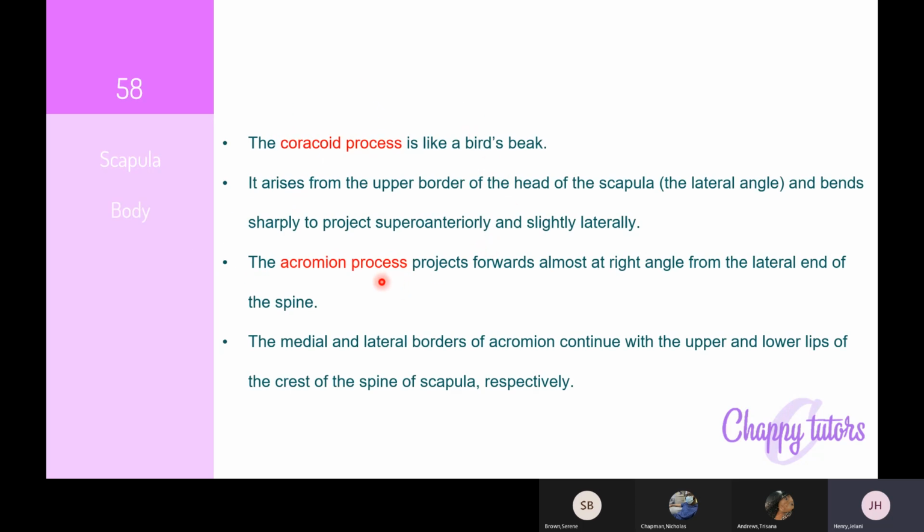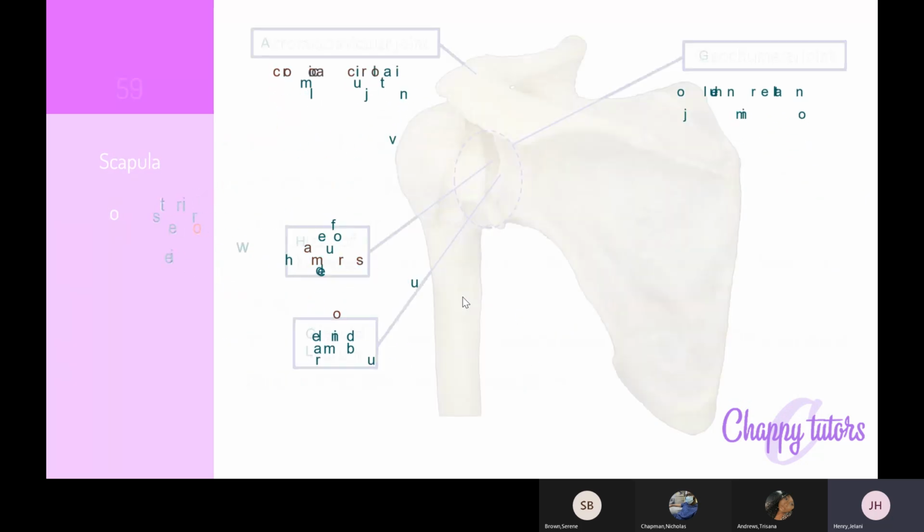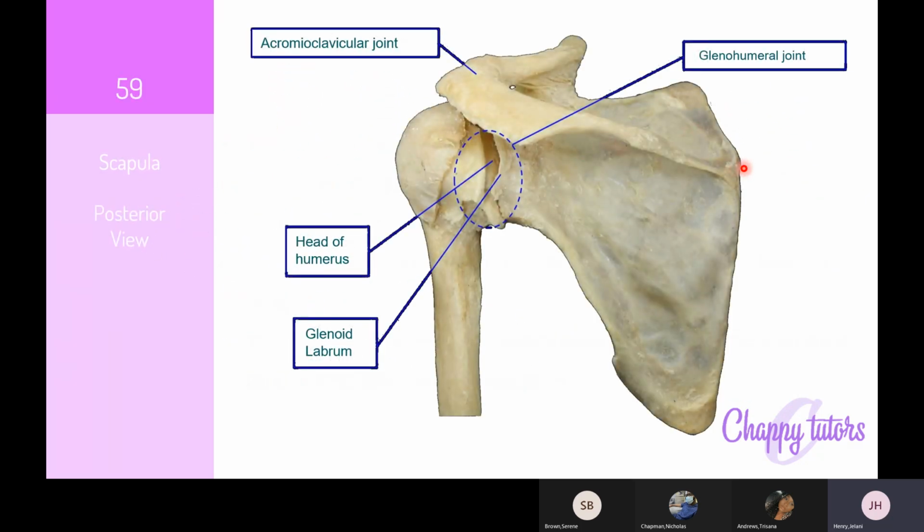Next, we have the acromion process. So this process projects forwards, almost at a right angle from the lateral end of the spine. And I'll show you that just now, right? The medial and lateral borders of the acromion are continuations of the upper and lower lips of the crest of the spine of the scapula. Let me show you what I mean here, right? So on this scapula,